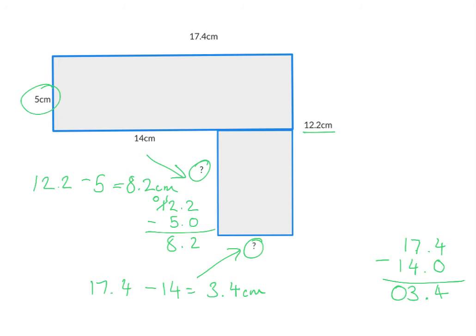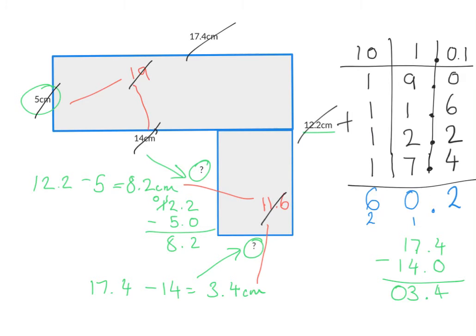Centimetres. And if I add up all my sides, I should have got 60.2. So our perimeter for this shape is 60.2 centimetres. So what I've put on your task for today is lots and lots of compound shapes like this,